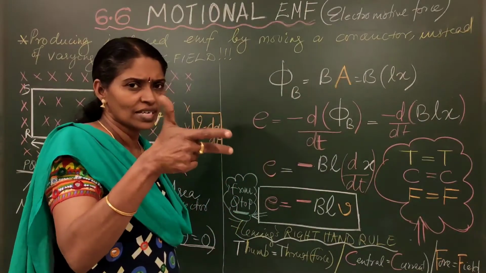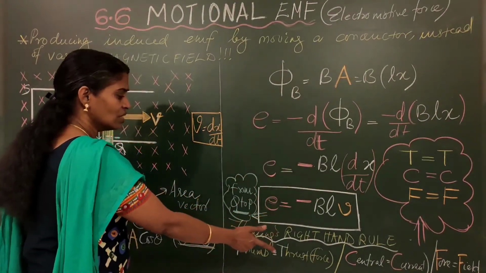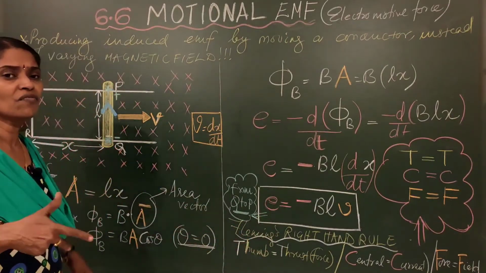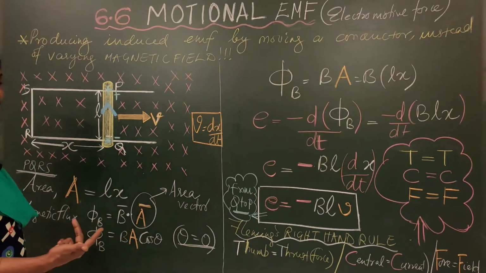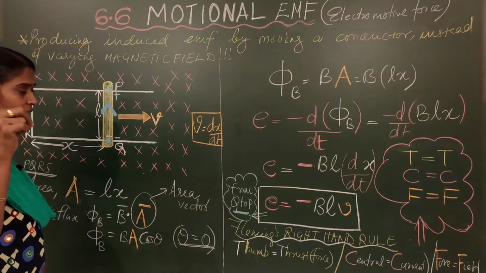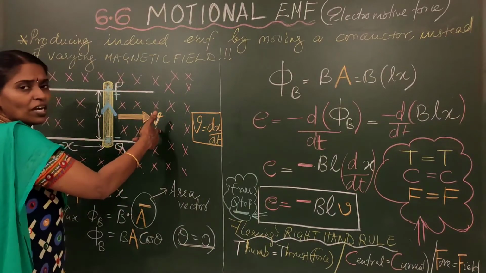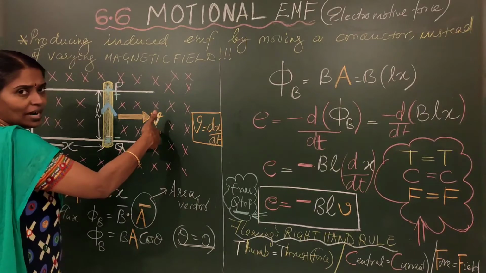So all the three set. Then keep it in mind. So we are using this to see what is the direction of induced EMF. So what's the direction of induced EMF? Let us see. First keep forefinger, field. Field is well into the plane of the board. So I am piercing the board well into it, right?